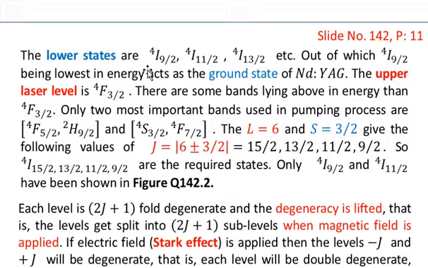The lower states are 4I9 half, 4I11 half, 4I13 half, etc. This level, which is 4I13 half, has not been shown in the diagram. Out of these three, 4I9 half, being the lowest in energy, acts as the ground state of the Nd-YAG. The upper laser level is 4F3 half. There are some bands lying above in energy than 4F3 half. Only two most important bands used in the pumping process are